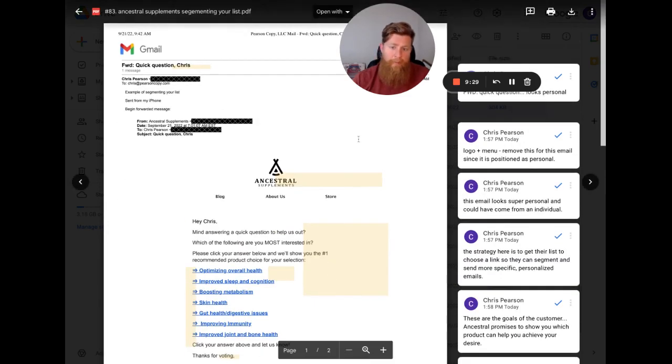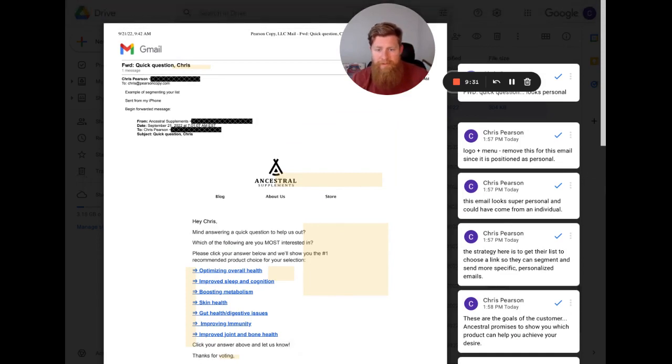Cool. So yeah, when it comes to segmenting your list, this is one way you can do it. And it's actually pretty effective. You're not going to get everybody to click. Not everybody's going to open. Not everybody's going to click. But the people that do, now you have more specific information on them about what they're trying to achieve, what products they could potentially use to get there, and then how you fit into their life, helping them get to that goal with their health or whatever the goal is,